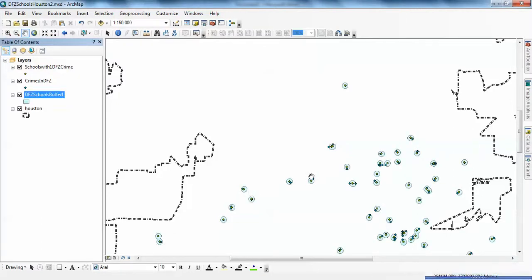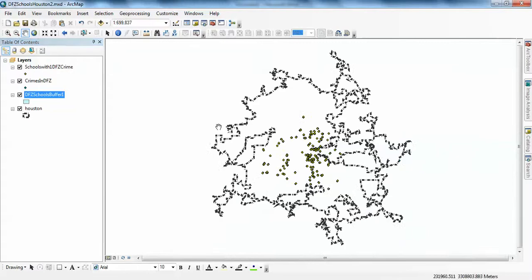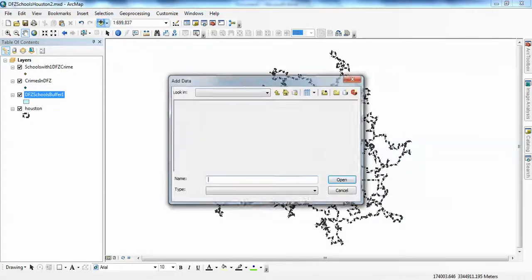Now what I've got is I've got these buffers that are already taken care of. So here I have these schools with one drug-free zone crime. Before you publish this, you might want to rename these things so they show up better in a legend. And the last thing I want to go ahead and add, I'm going to go to full extent here. The last thing I want to add